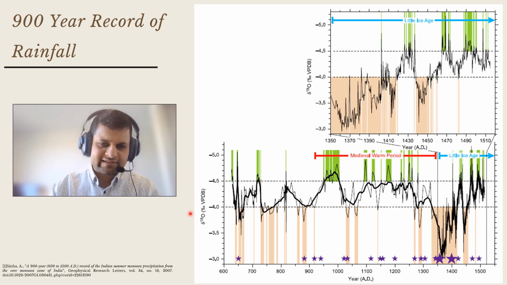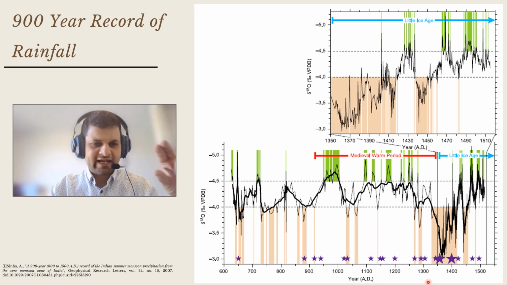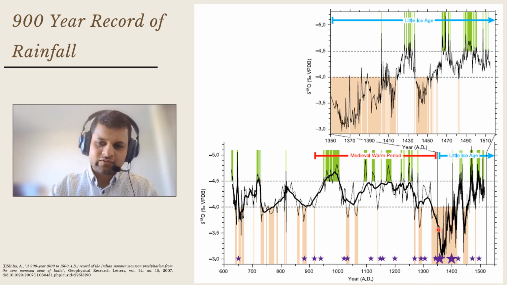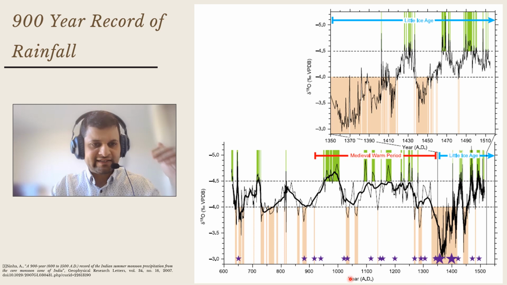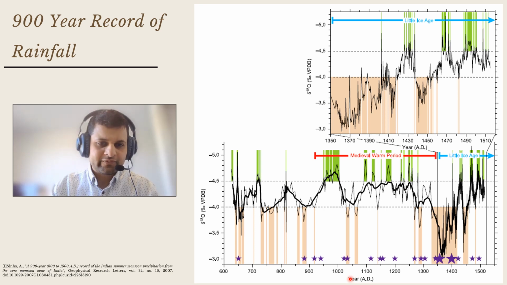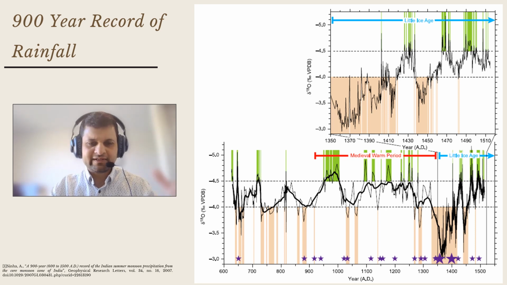So this chart, just out of interest, shows the oxygen isotope level, and the dashed lines show the average or mean where it usually is. When the oxygen isotope level falls very dramatically, it means that rains almost certainly failed, because the oxygen isotope level and the amount of rainfall are inversely proportional. So if one thing goes up, the other goes down. This is known as the medieval warm period, roughly 900 to 1400. Then you had something called the little ice age. But this is what I really wanted to show you just a little bit,